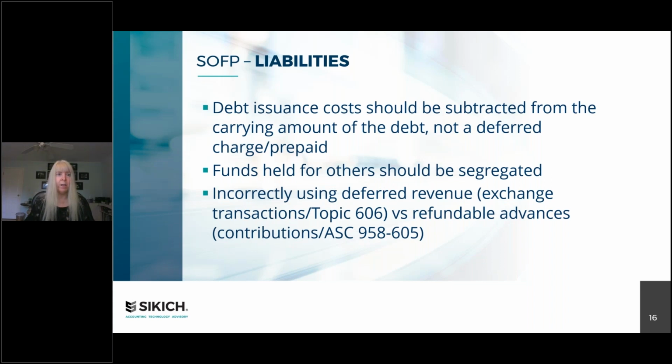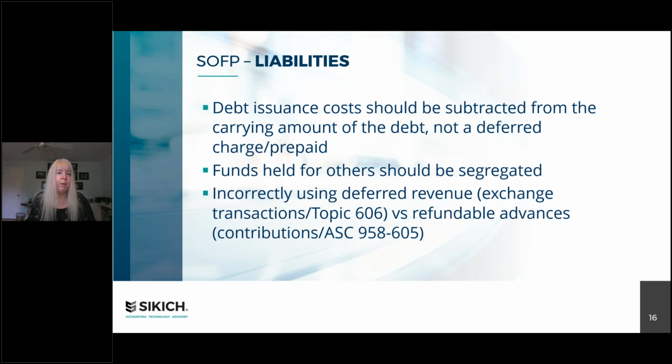Sometimes this gets missed. Debt issuance costs need to be subtracted from the carrying amount of the debt and shown net on the statement of financial position. You can disclose those costs in the notes, but they should no longer be presented as a prepaid or a